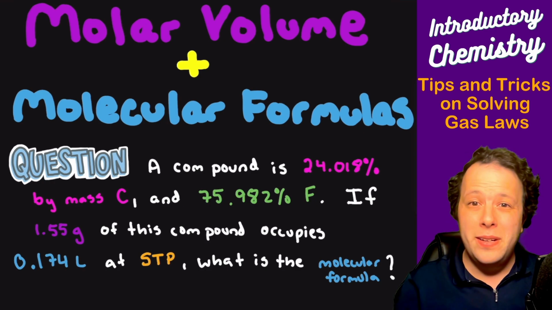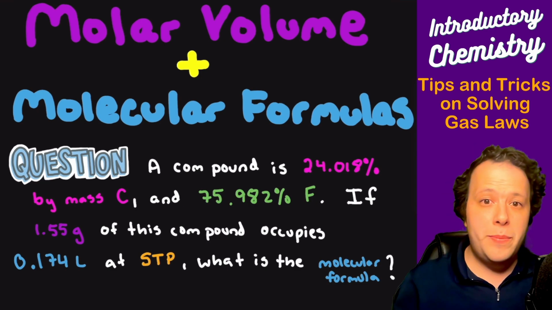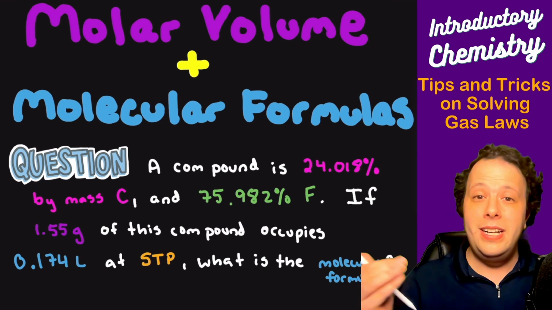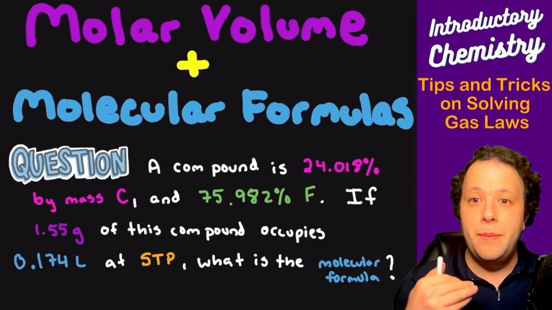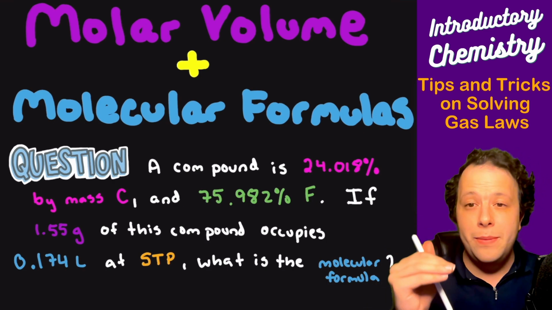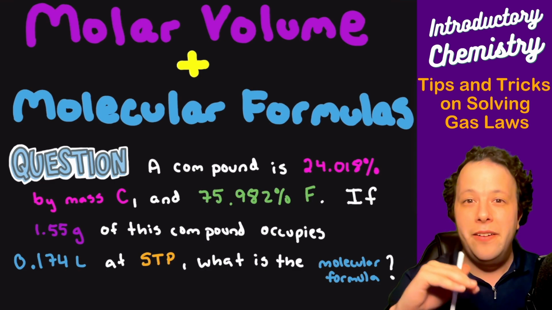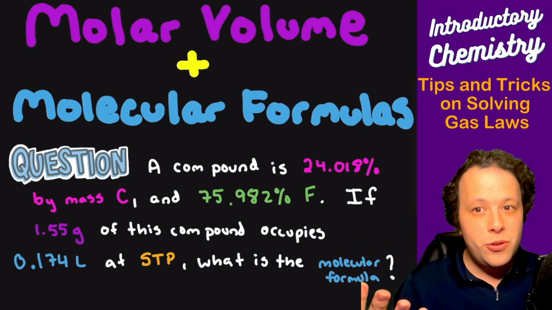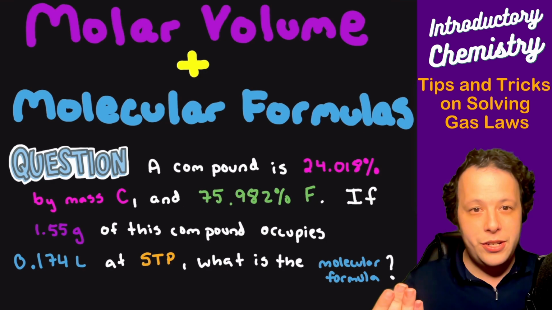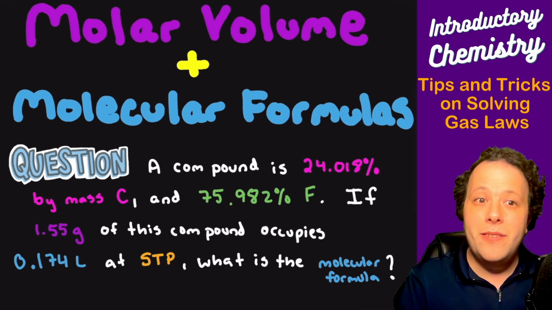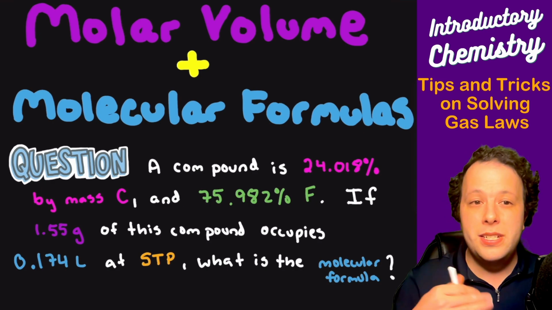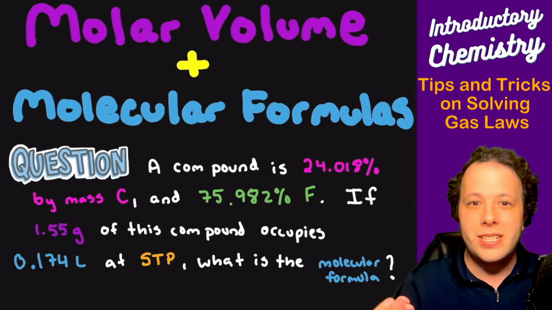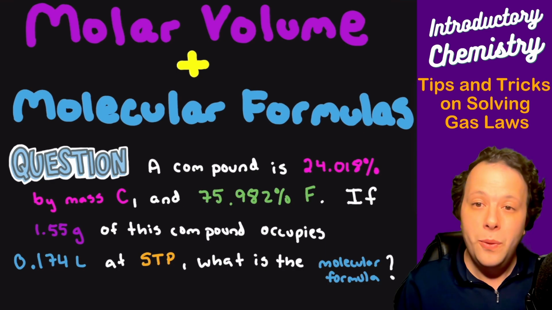So I have a compound here that's made of 24.018% mass carbon and 75.982% fluorine. Now, with percents, that can give us the empirical formula, which was the simplest ratio of your molecular formula. It's not the true identity, but it gives you the simplest ratio. Now, if you have 1.55 grams of your compound and it occupies 0.174 liters at STP, what is the molecular